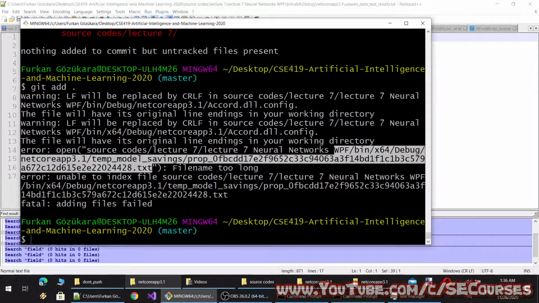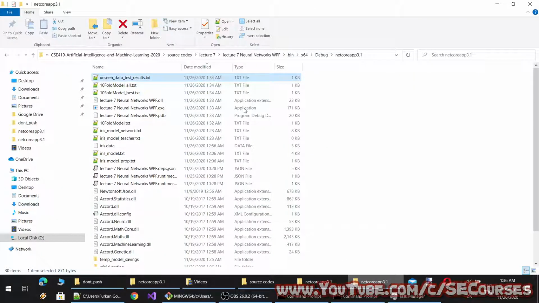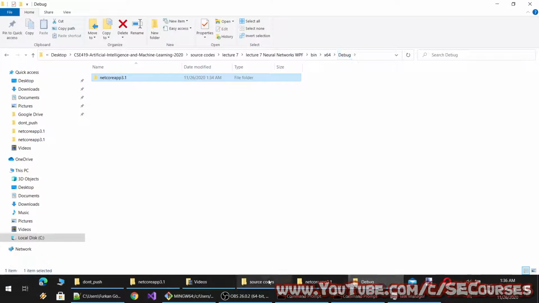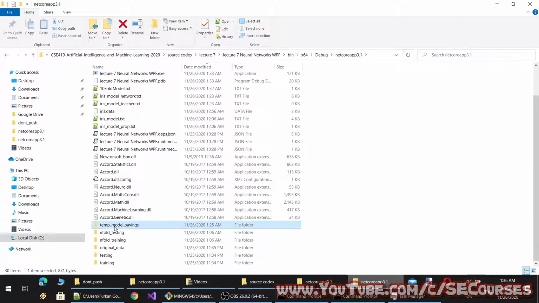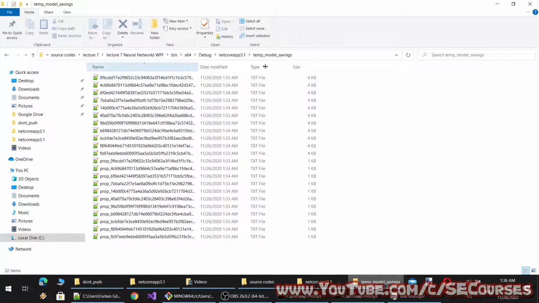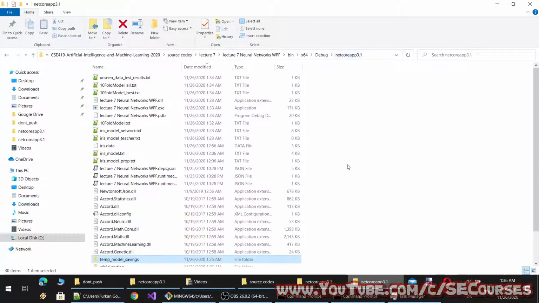File name is too long. Okay, let's delete the temporary folder because we don't need it. Yeah, these have two big file names.